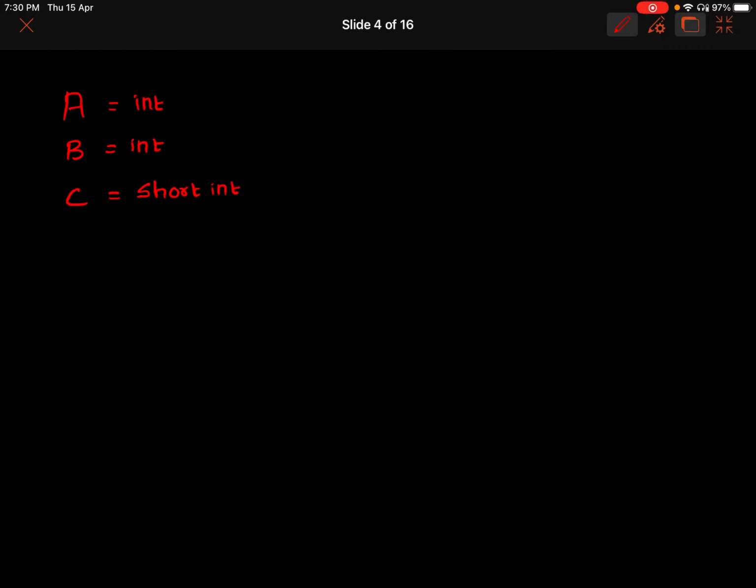In the last class, we studied that int means it is 4 bytes, that is 32 bits. b is also int, which means it can store a maximum of 4 bytes, that is 32 bits. Short means it is 2 bytes, which is 16 bits.